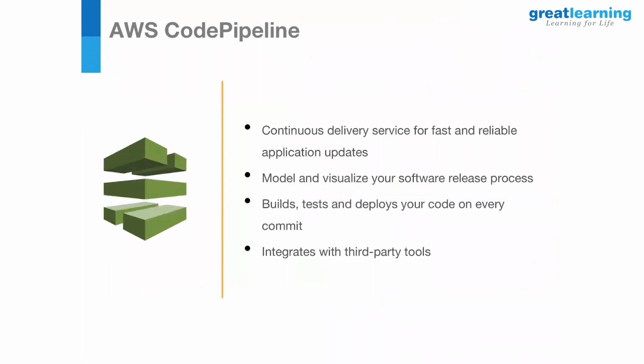And we'll move on to the last one and the most important one in this section, AWS CodePipeline. So releasing software to the market at a fast pace is at the core of every business, right? Releasing feature changes or bug fixes to production using a traditional approach without any pipeline might often be error prone. So AWS CodePipeline is a continuous delivery service you can use to model, visualize, and automate the steps that are required to release your software.